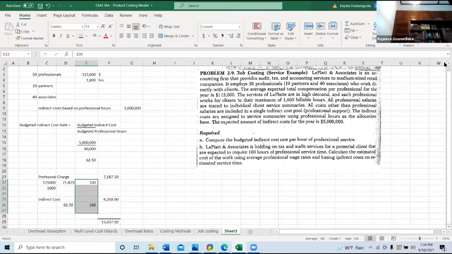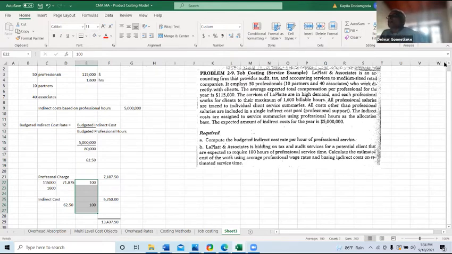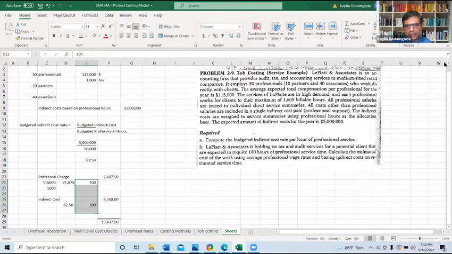Differentiate between the time used by the partners and the other guys. Exactly. So that is number one. First thing that you can do is certain jobs may be very straightforward, but there's a lot of volume to be done. In that case, the partner's time will be limited for those jobs, but a lot more associates' time will be consumed. So therefore, in terms of the professional cost, the amount that should be charged will vary.